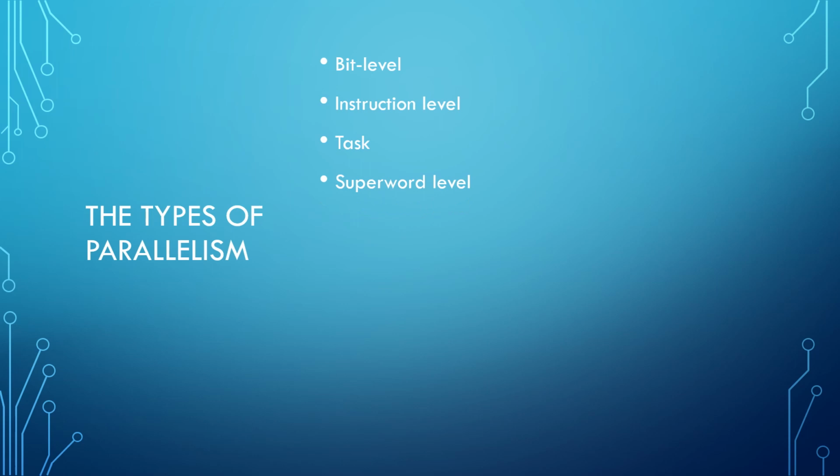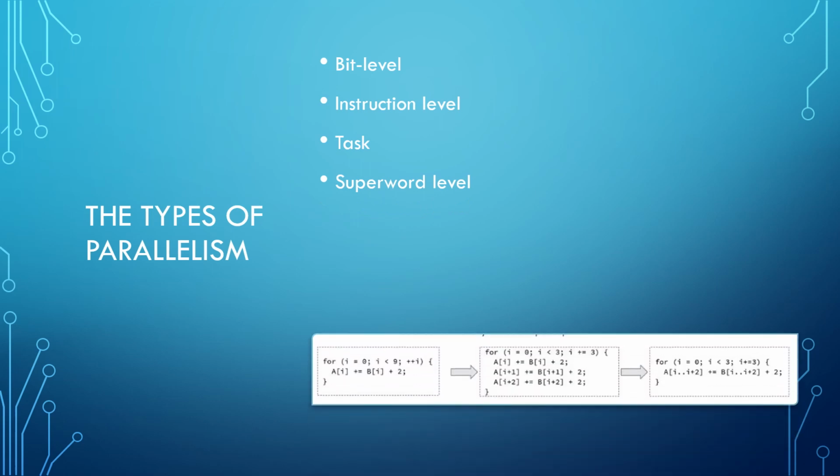Finally, we have the superword level parallelism. What is meant by this? This can be explained through an example. We want to have this for loop run on fewer iterations, so we're going to vectorize it. In order to do that, we're going to use a process called unrolling, which is common for superword level parallelism. Unrolling the for loop means that, as shown in the figure, the next step is going to be executing 3 instructions instead of 1 per iteration, which will decrease the number of iterations needed.